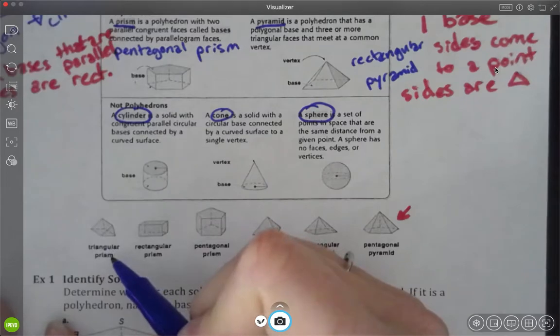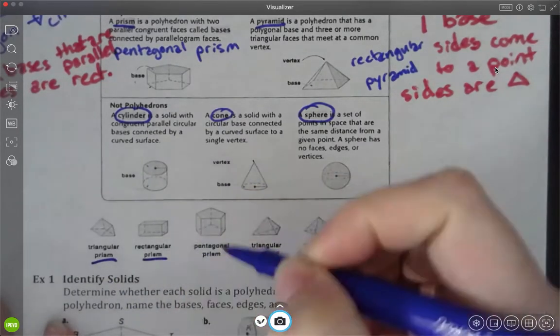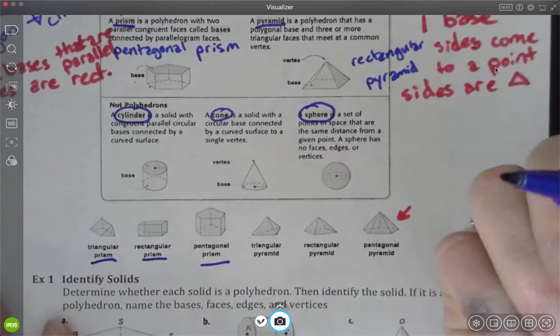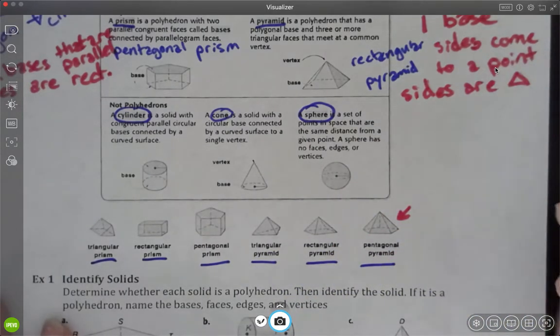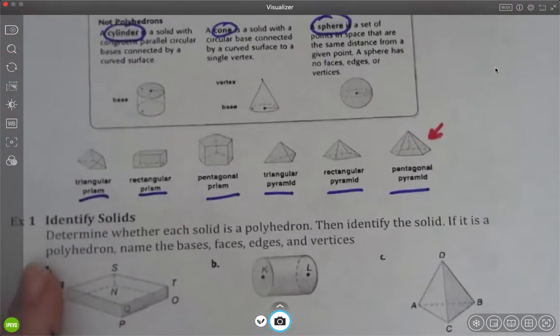All right, so we just went through them. They list them on here. A triangular prism. These are rectangular prisms, pentagonal prisms. There's more than just that. These are all pyramids. So this is a triangular, rectangular, pentagonal pyramid. All of those. Okay, now,